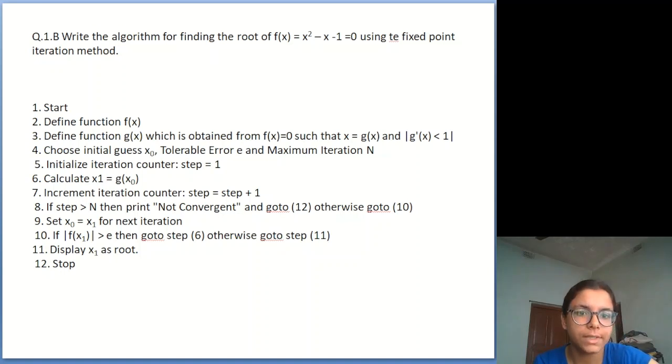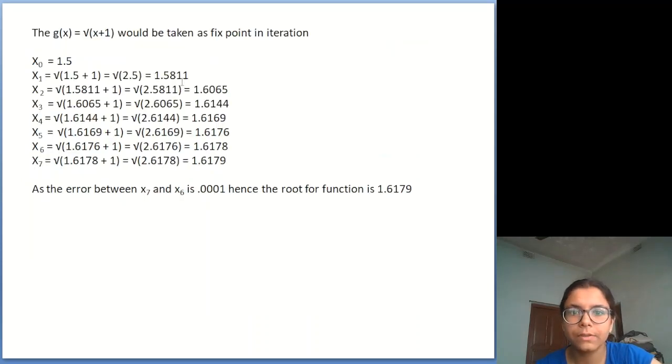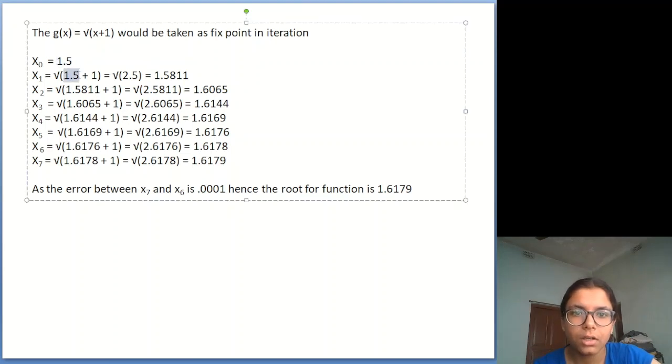Then we have to set x0 equals x1 for the next iteration. Firstly, we had our 1.5, which we took from here and put it in the g(x) function, and then after calculating the first value, we have taken that term for formulating our next term. I mean, we have taken the x1 to formulate our x2, and so after doing that, as you can see,